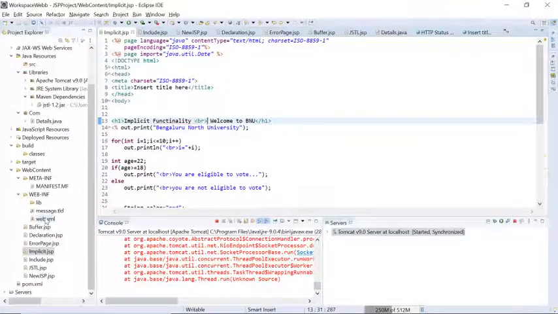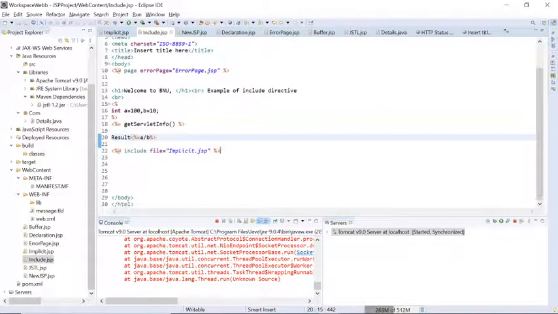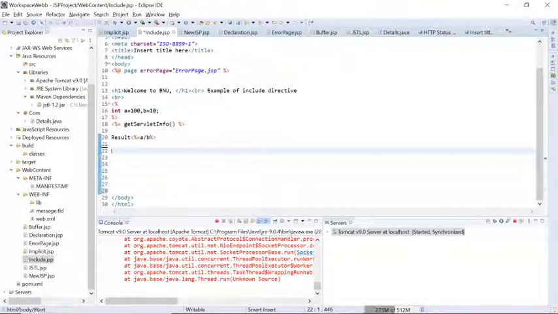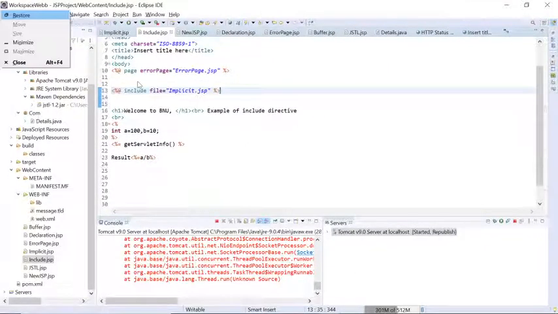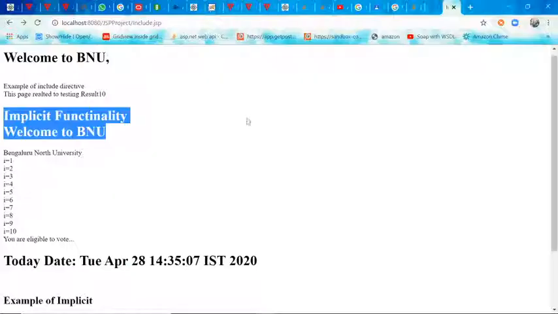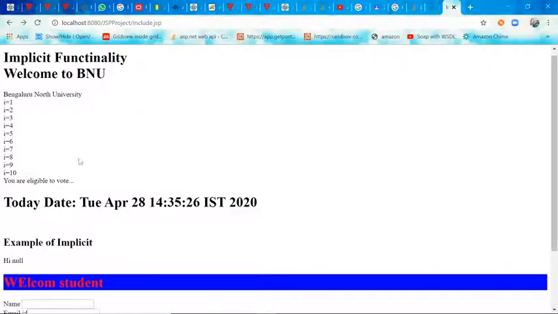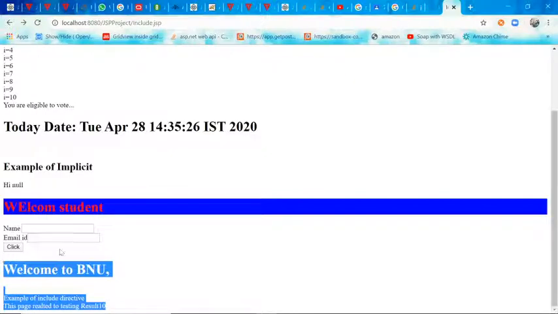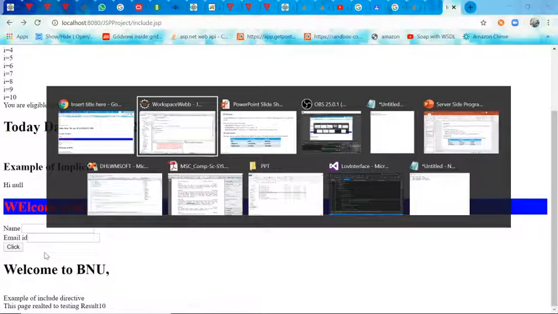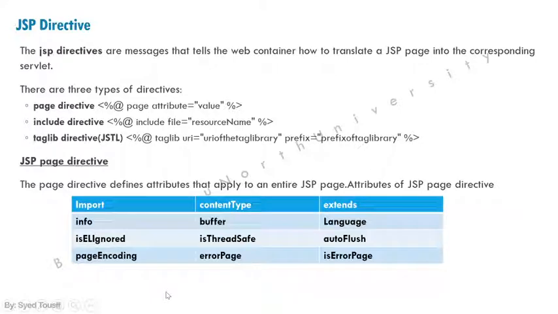If you want that implicit functionality at the beginning itself, as we have added this tag at the end, we will add the tag above itself, right? So you can check out, the implicit functionality will come first and our result comes last. This is the way. It's very useful. You can reuse your existing code and perform the complete functionality.